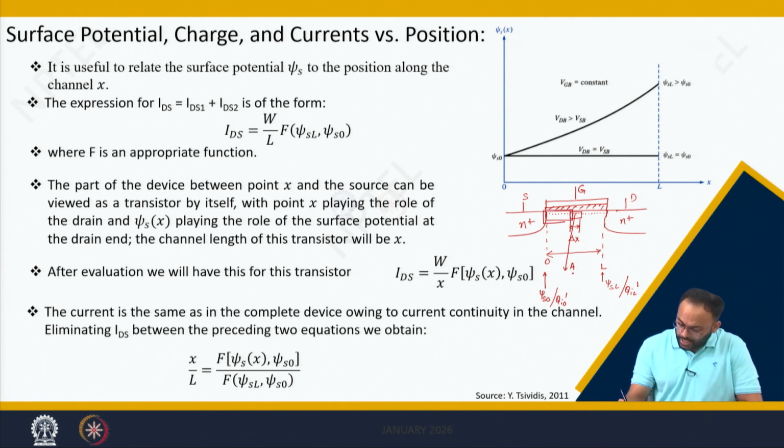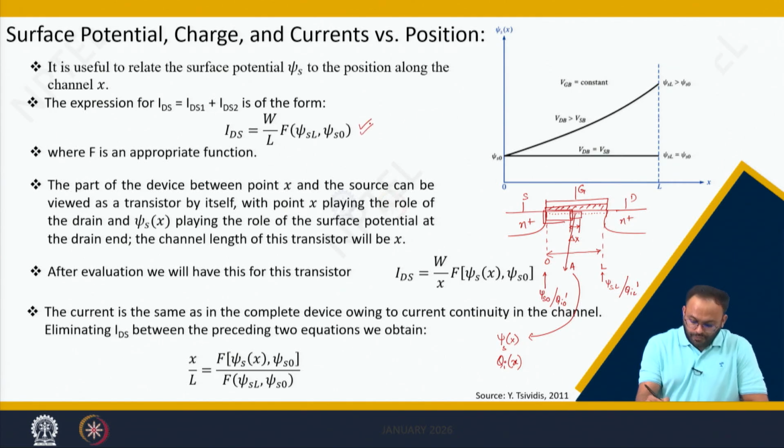So I can define the surface potential at this point, and I can also find the inversion charge at that point if I know the overall formulation. So, if I know the equation which is a function of psi SL and psi S0, I can define that a MOSFET between 0 and A works the same,